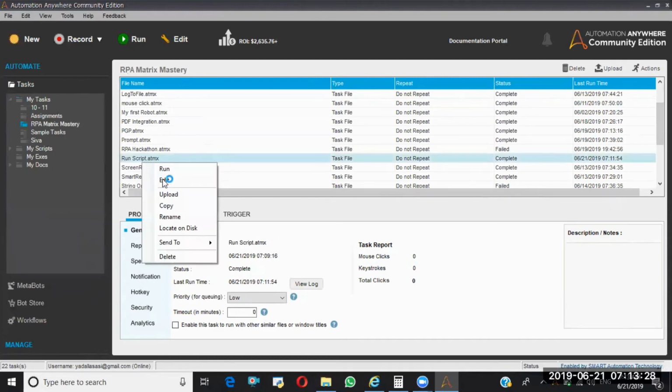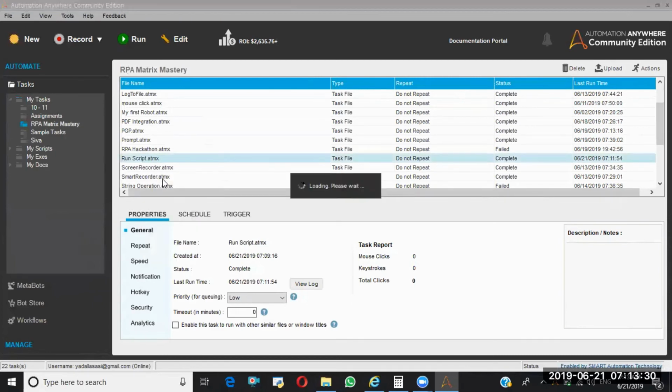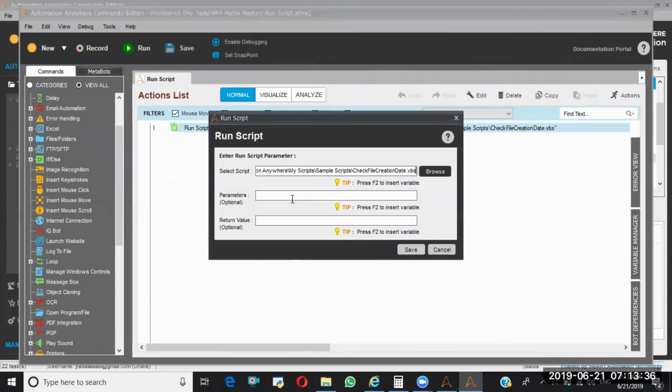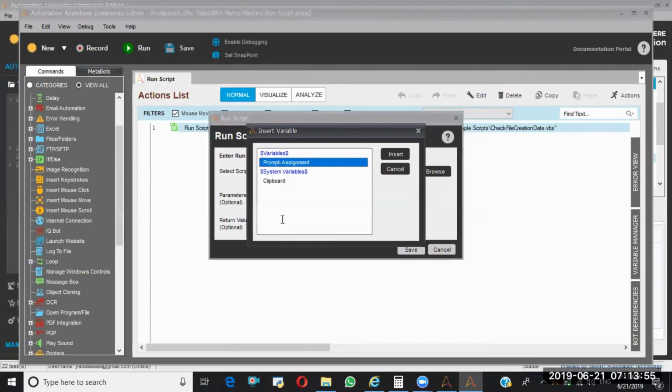So I'm editing this. 1 is my first parameter, 2 is my second parameter, 3 is my third parameter. And for the return value, I'm giving F2, assigning this to a prompt assignment.